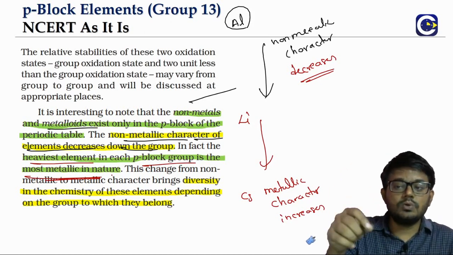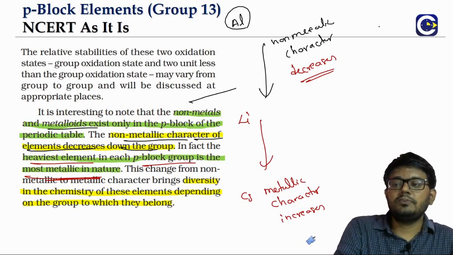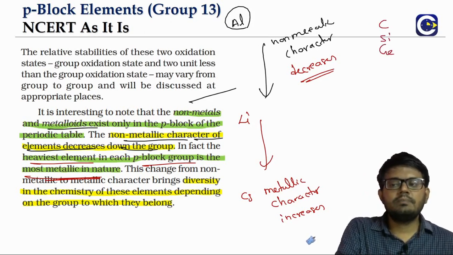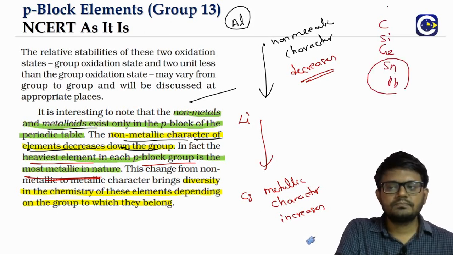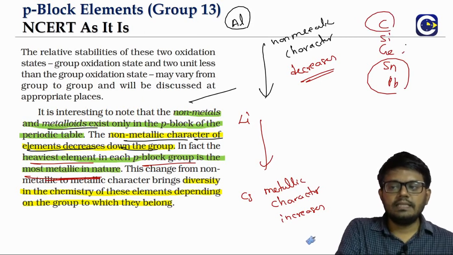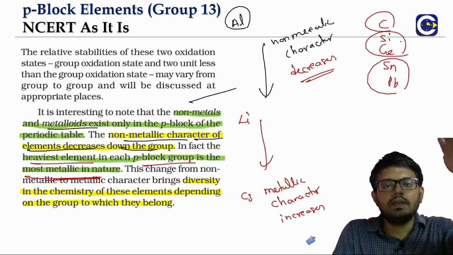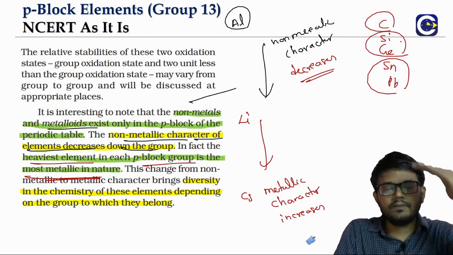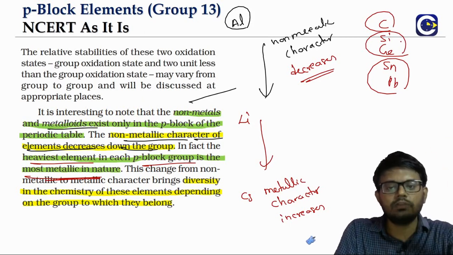And so in each group, for example, if you take just the case of the carbon family, carbon is a non-metal. Then we have silicon, germanium, which are metalloids. Whereas if you go to tin and lead, these will have metallic characteristics. So we have non-metal, then metalloids, then metal. So there will be a variation in the characteristics of the elements itself, from the non-metal to the metals.